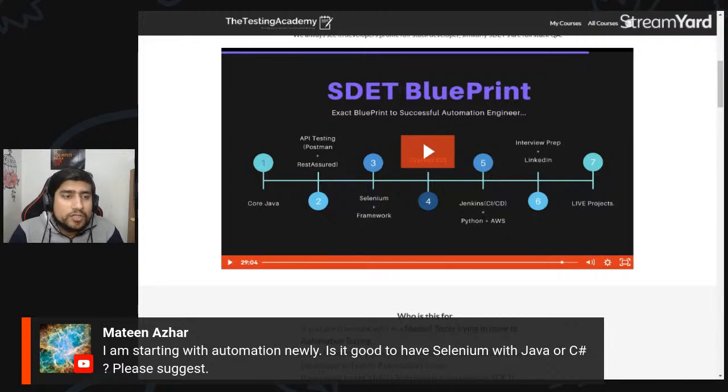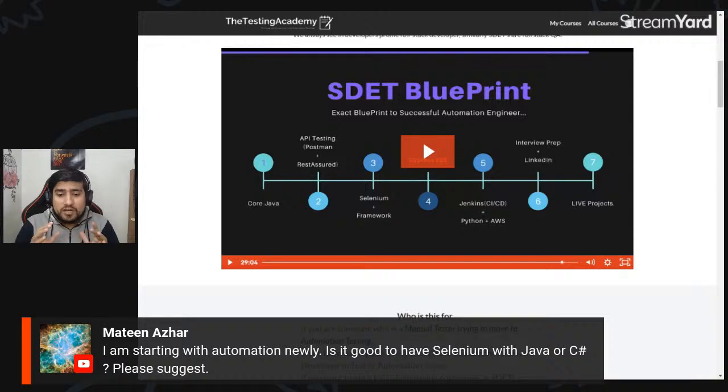If you are comfortable in Java, go with it. If you're comfortable with C Sharp, I have seen companies working with C Sharp also with Selenium. But the point here is that when you have chosen C Sharp, there's a path defined, and the next company that you are switching to has to be working with C Sharp related technologies. The second jump that you make can only be towards a company that is working on C Sharp. That's one of the things I had in mind.